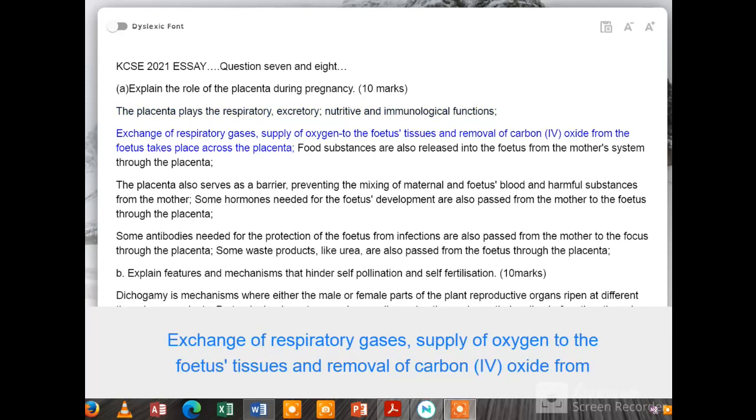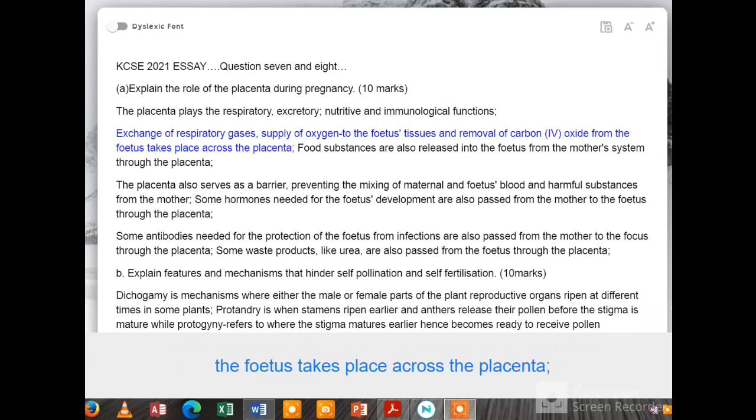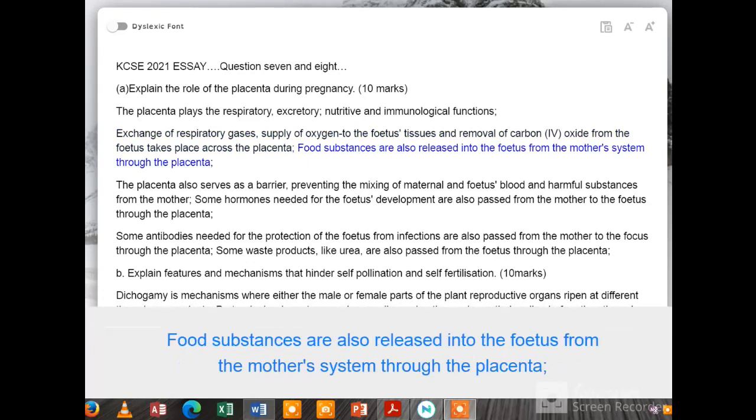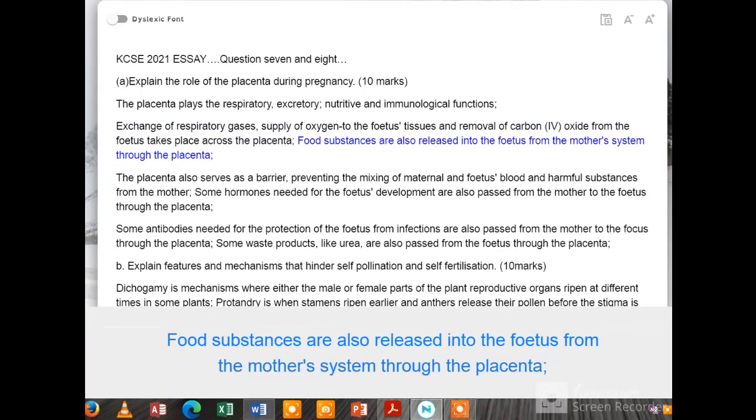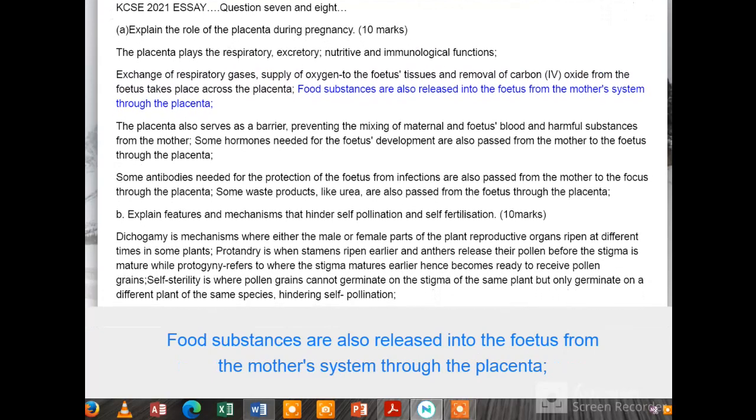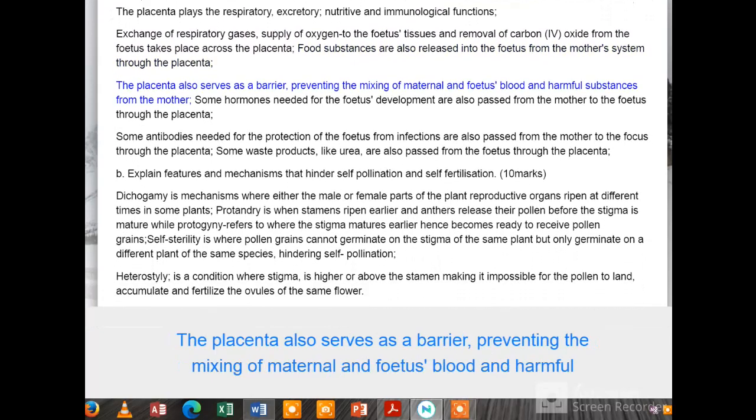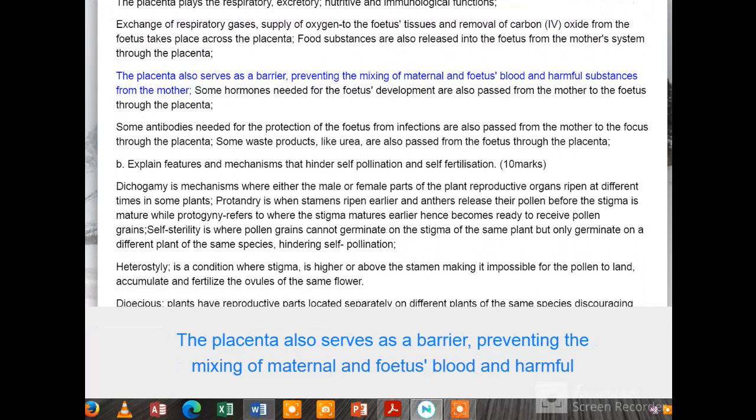Exchange of respiratory gases, supply of oxygen to the fetus tissues and removal of carbon IV oxide from the fetus takes place across the placenta. Food substances are also released into the fetus from the mother's system through the placenta. The placenta also serves as a barrier, preventing the mixing of maternal and fetus blood and harmful substances from the